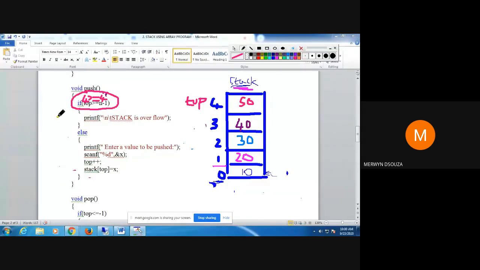If I try to push again, I get this message that there is stack overflow. Since the if part is executed, the else part is not executed, and I go back to the main function after printing this message, stack overflow. Okay, so this is how your push function works.